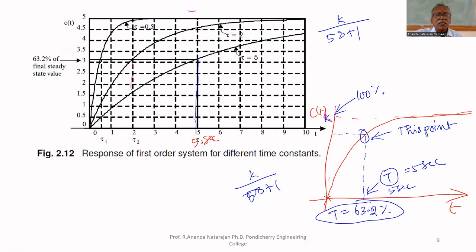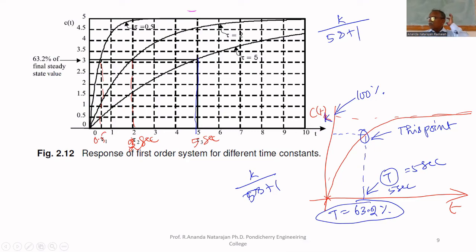Some other system may rise quickly to the final value. For that system, the time taken is 3 seconds, or 2 seconds. Some other system reaches the final value even more quickly: it takes only 0.5 seconds to reach 63.2% of the final value. The first system takes only 0.5 seconds, the second system takes 2 seconds,